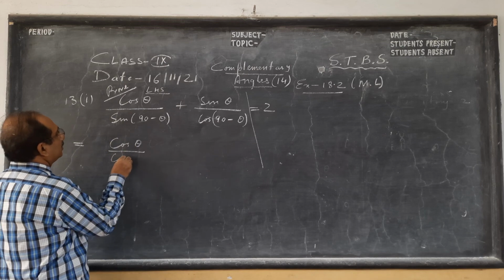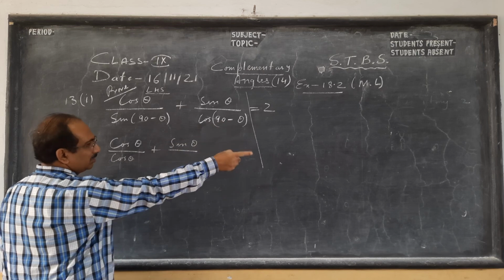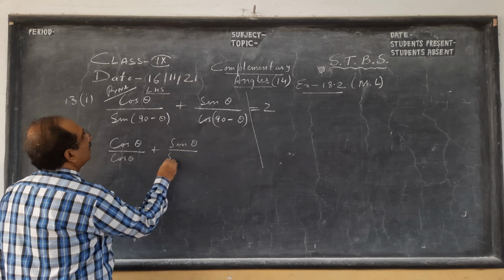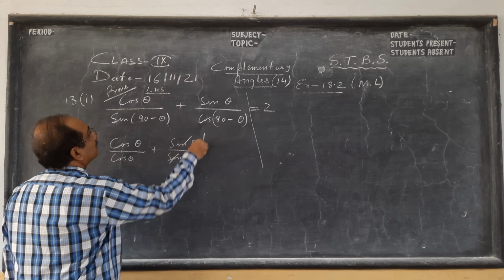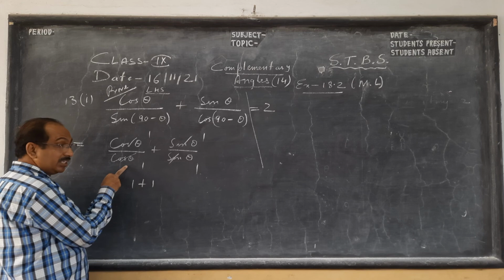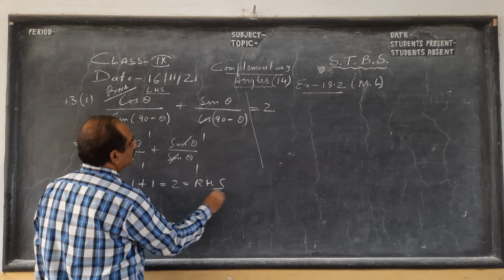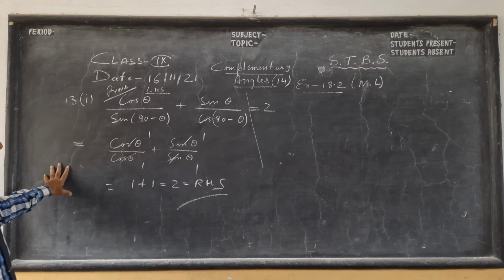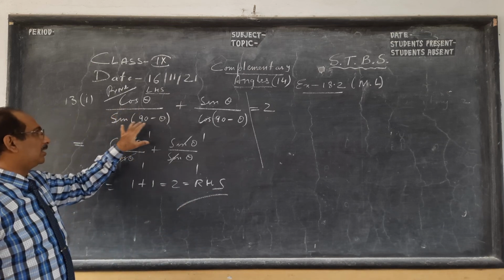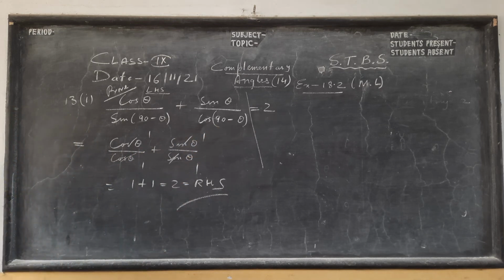Sin 90 minus theta is cos theta. Cos theta is cos theta, children. Cos 90 minus theta, as I wrote before, is sin theta. So this will cancel, this doesn't give you 0, you get 1. 1 plus 1, when you cancel you get 1, not 0. So this is RHS. So this was my question 13 part 1. Once more, sin 90 minus theta is cos theta, cos 90 minus theta is sin theta. We cancel and we get 1 plus 1 as 2. So kindly pause the video and copy.